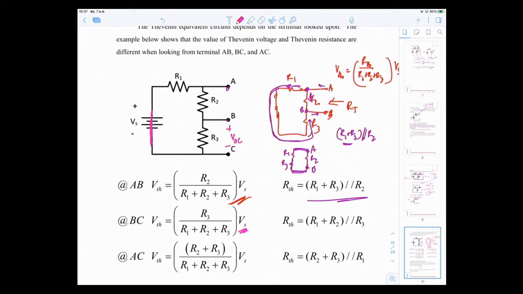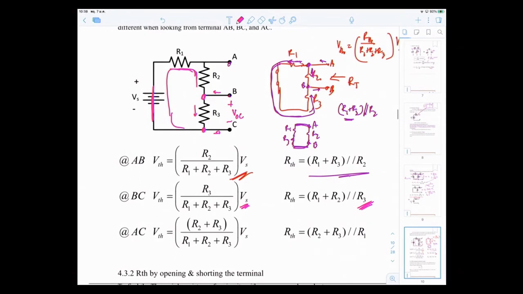For RTH, imagine that you shorted the source. Imagine a current coming out of B here. It will split into this one and this one, into R2, where the same current goes through R2 and R1, so that means R2 and R1 are in series. Then point A and point B don't split, they come together right here. So therefore R total is R3 parallel with R1 plus R2. So this is RTH. And you can try to figure it out and understand.